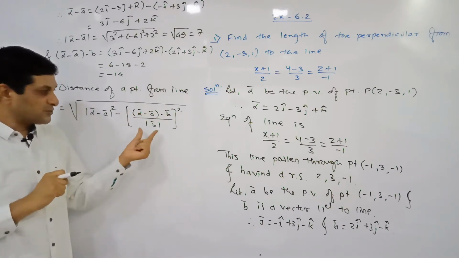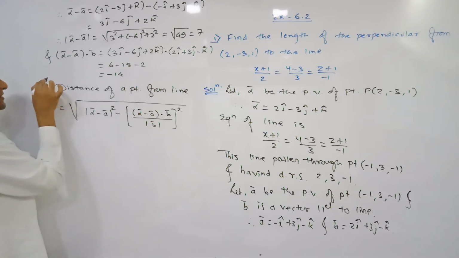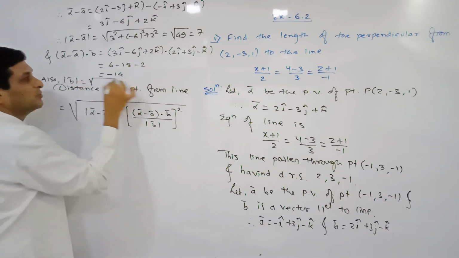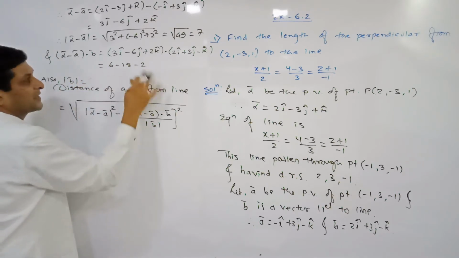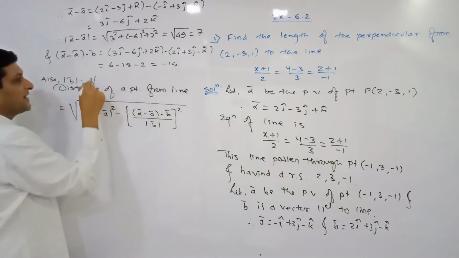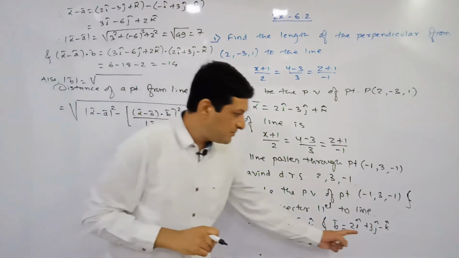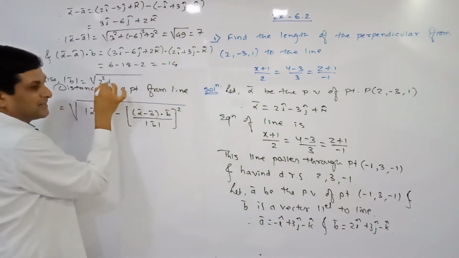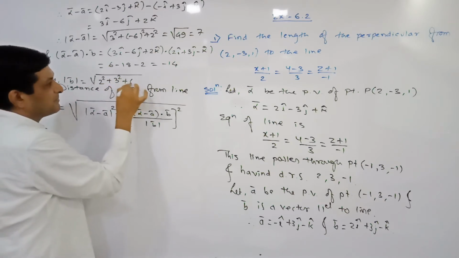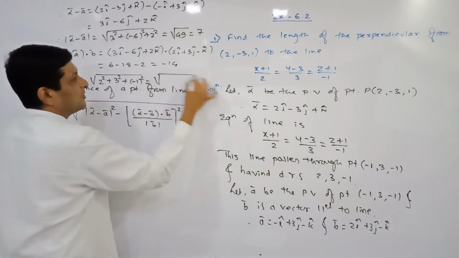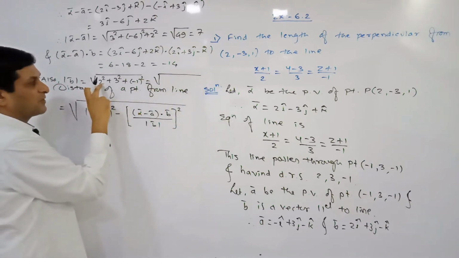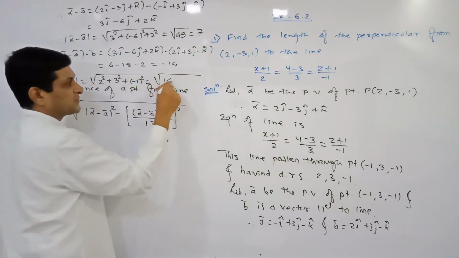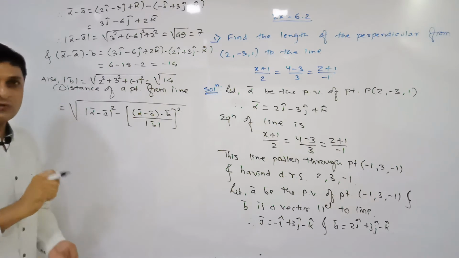The remaining part is to find the magnitude of b bar. So the magnitude of b bar will be equal to under root, let us find this value. Now we are finding the magnitude of b bar. So this is the value of b bar here, and from this value we are trying to find its magnitude. What will we get here? 2 square plus 3 square plus minus 1 square, which is equal to under root 4 plus 9 plus 1, means 9 plus 1 is 10, 10 plus 4 is 14. So here its magnitude will be equal to under root 14.